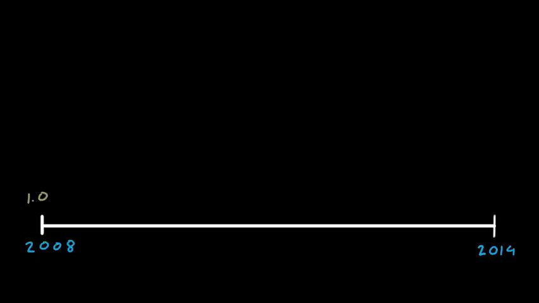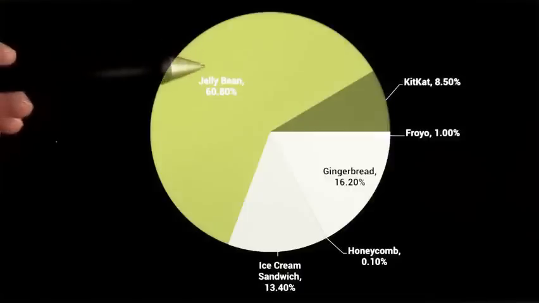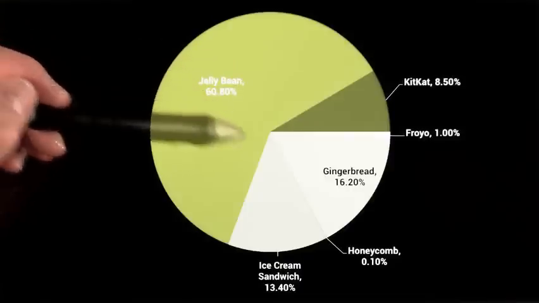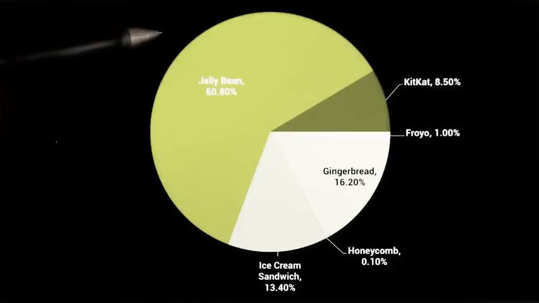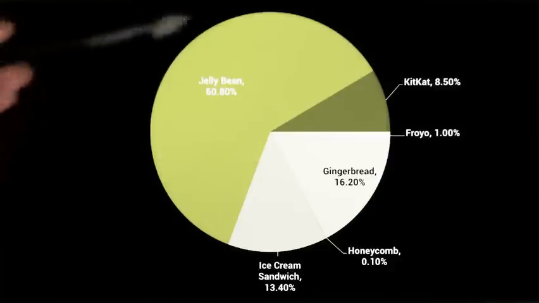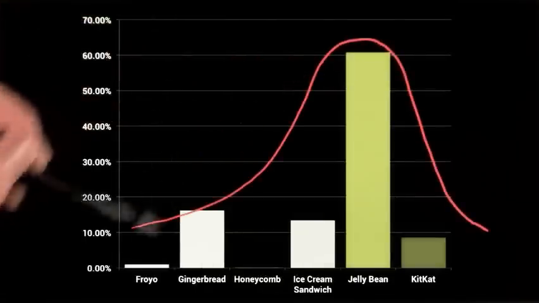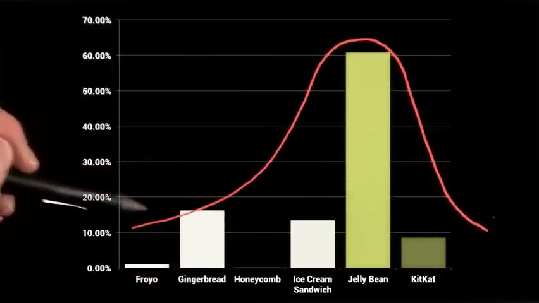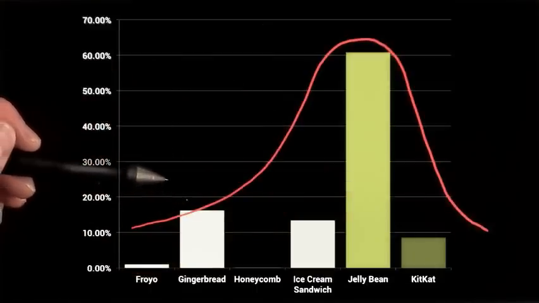Android 1.0 launched in 2008, and in just the 6 years since then, there have been 11 new major platform releases. On the Android developer site, we show the relative number of active Android devices running a given platform version in this pie chart, because pie charts are awesome. For our purposes though, you're really better off looking at this as a histogram. If you squint, you can almost see a vaguely bell-shaped curve. With the oldest releases here at the left, their popularity dropping off as devices are upgraded or replaced.